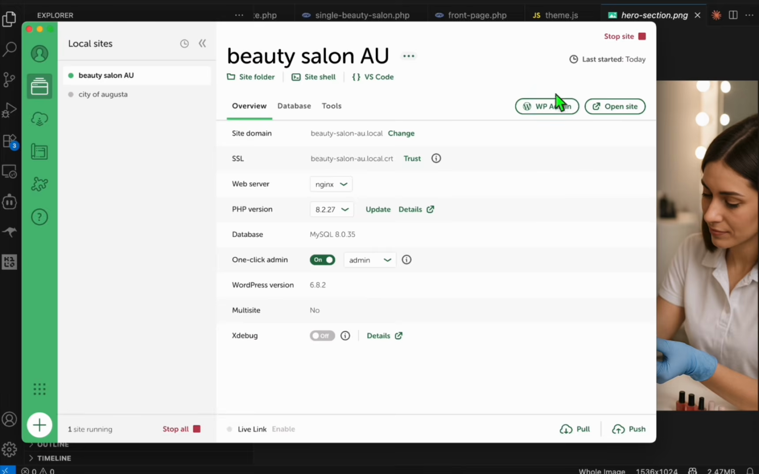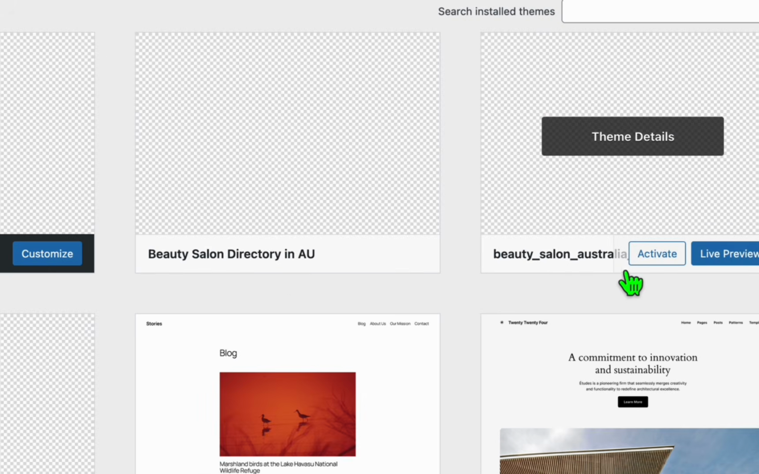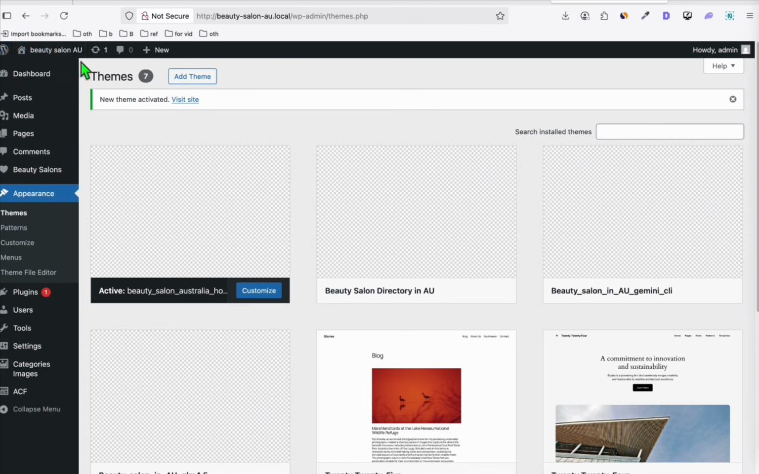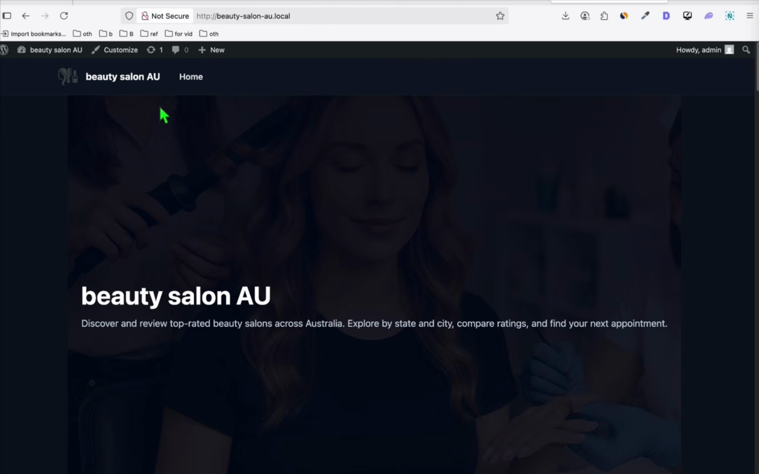So let's go to the WP admin, go to Appearance, go to Themes. So this is the new theme right here. Let's activate this. And now the moment of truth. Let's check the homepage. Alright, the color theme looks to be very dark, but as you can see here, this